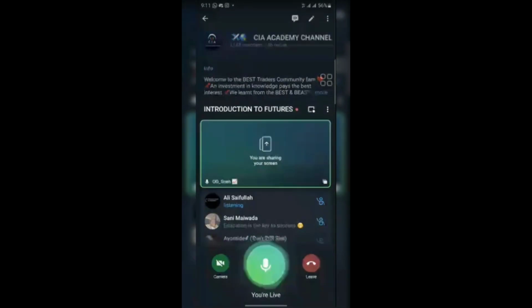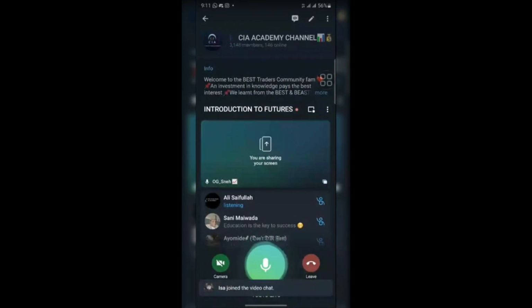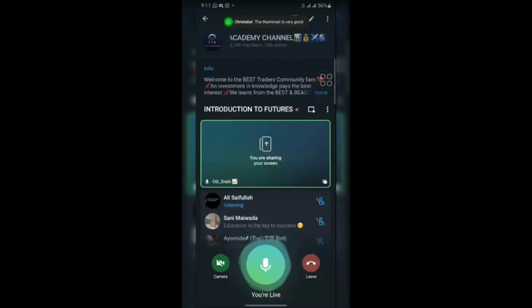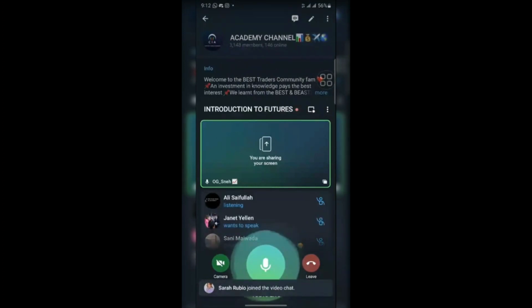For cryptocurrency, where is your market? Markets are exchanges. So what are the exchanges that we have? We have a whole lot of exchanges. Binance is one of the exchanges and the most common exchange. We have Bybit, that's the number 2 exchange in the world. And actually, Bybit, in terms of futures trading or derivative trading, is more user friendly and newbie friendly than Binance. I'm also an affiliate of Bybit, so I'm going to be showing us how to navigate through those exchanges. MEXC exchange is also a market where you can perform your trading.